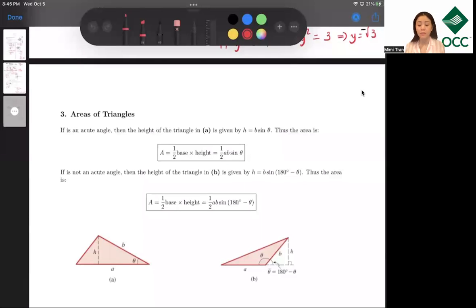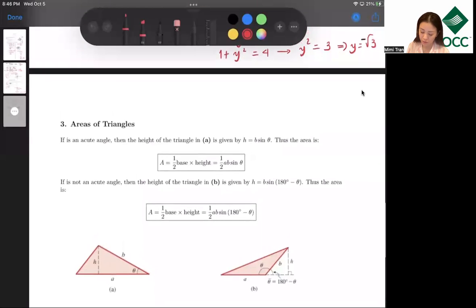Now we continue the last objective of this section, areas of triangles. Here we consider two scenarios: one triangle that has an angle theta that is acute, and another triangle where theta is not an acute angle. So let's talk about the first scenario. If theta is an acute angle, meaning the angle is less than 90 degrees, then the height of a triangle